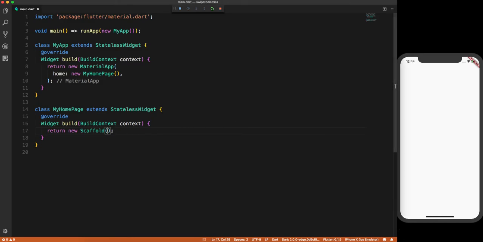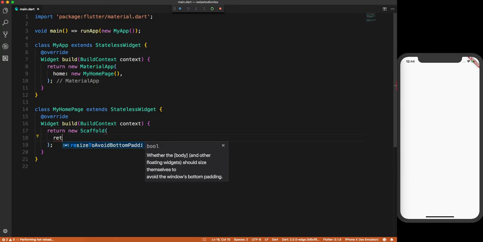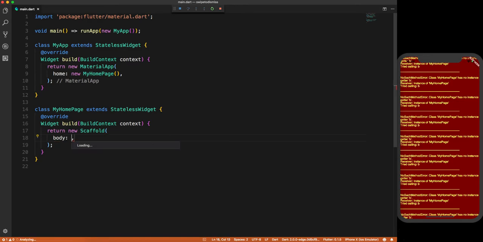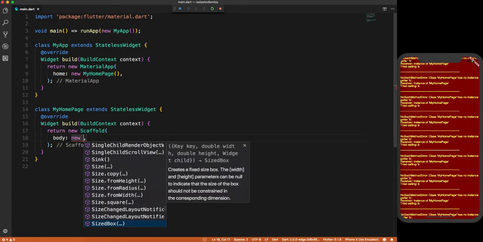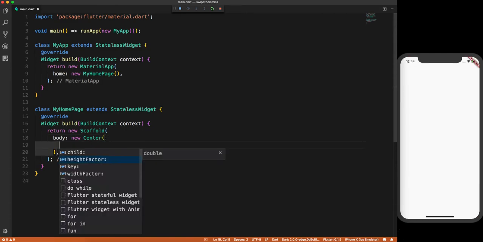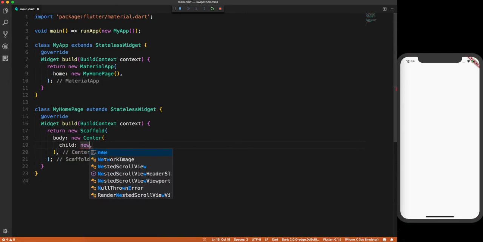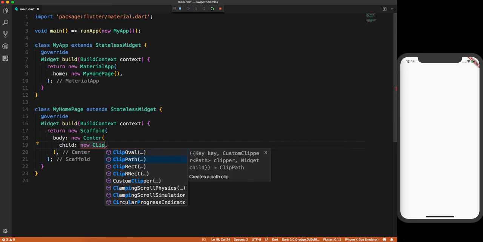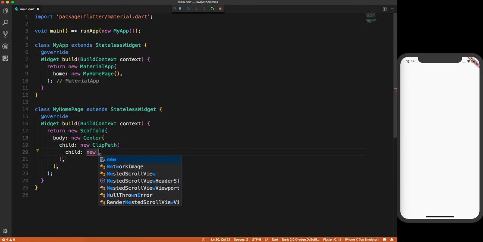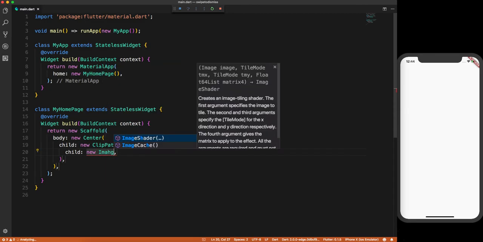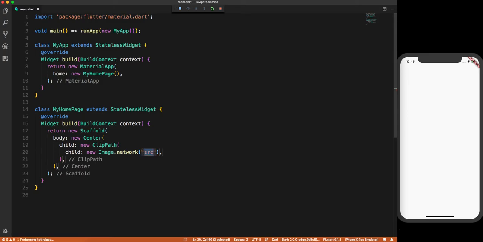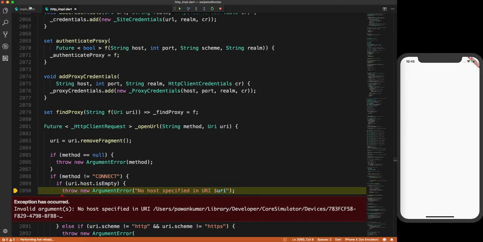So let's do one thing. Let's have, first of all, an image here. So we can say here body, and in the body we want in the center a child, and we can say new ClipPath. And here in the ClipPath we will have a child, which is new Image.network. We will fetch an image from the network, and here we will specify, oh, what happened,